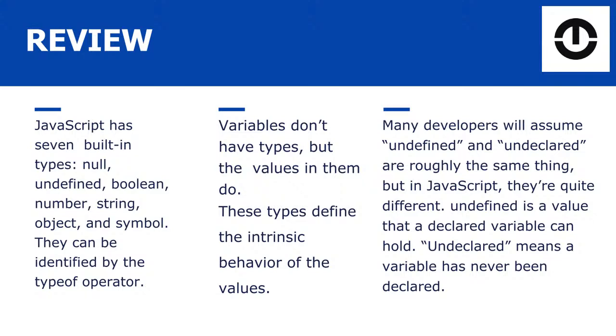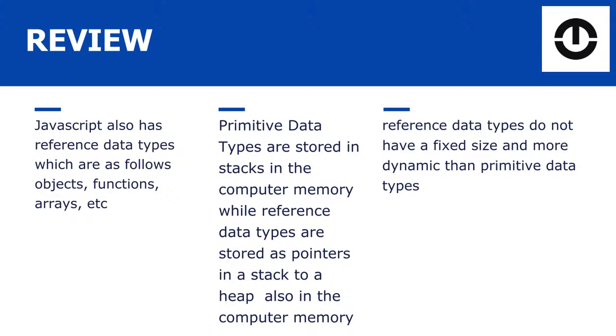Undefined is a value that a declared variable can hold, right? But undeclared means a variable that has never been declared. They're two different things. Please note that. Also, JavaScript has reference data types, which are as follows: objects, functions, arrays, and so on. But basically, you're good if you know objects, functions, and arrays. For the next point,